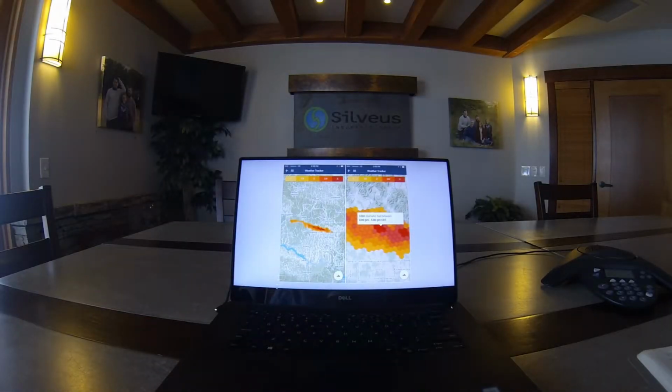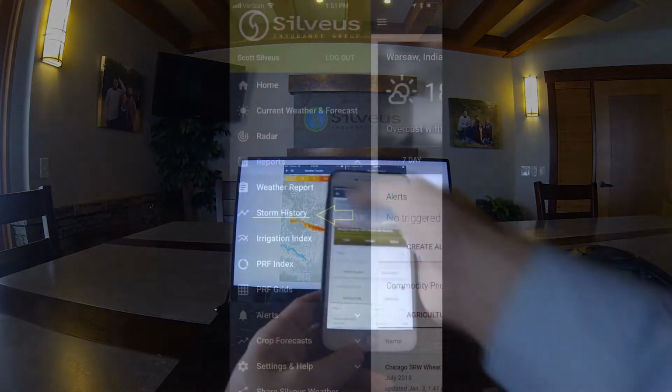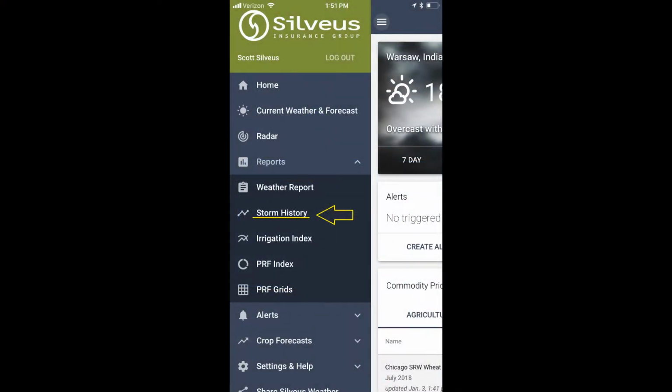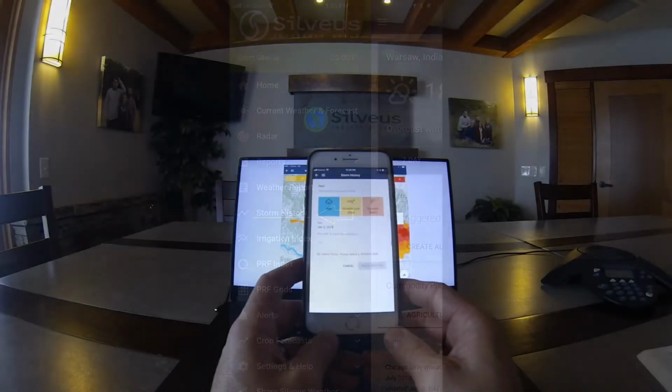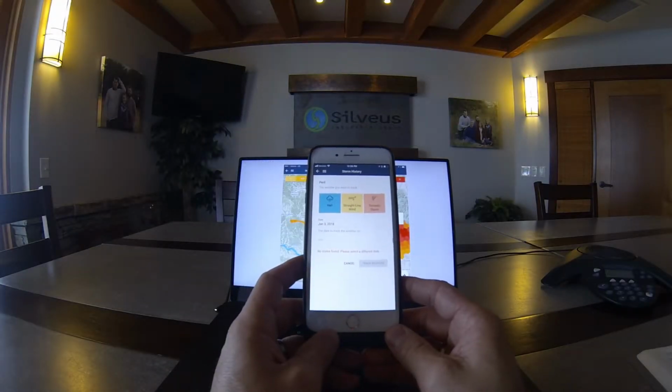This short video is designed to show you a really interesting aspect of the Silveus weather app, and that is storm history. Storm history is located under the reports in the weather app. If you go to weather reports and just touch on storm history, that's where you go. With a couple of easy steps, you can pull up and view a visual image of hail, wind, or tornadic